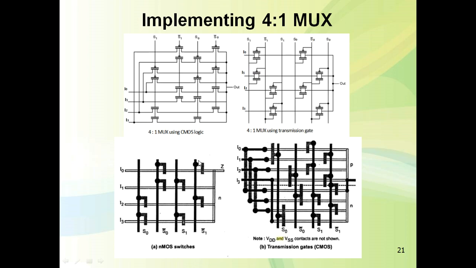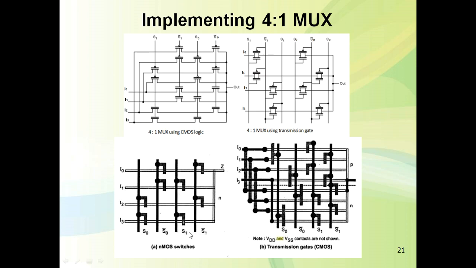See here, this is S1 bar and S1, S0 bar and S0. Now when these two transistors are there, for S0 bar and S1 bar both 0, this transistor will be on and this transistor will be on, so Z is equal to I0. Likewise, S1 is 0,